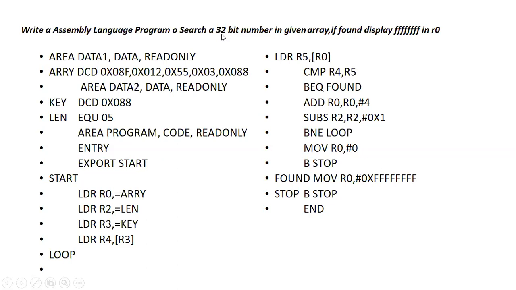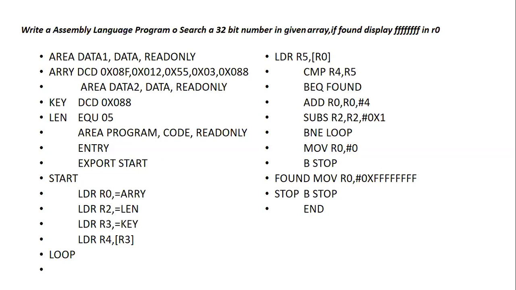And keep in mind, we are using a 32-bit number. A 32-bit number means it is going to consume 4 memory locations. So when we do this loading operation, the starting byte will be moved to R5. The remaining 3 bytes are there, right? In order to skip that, we go to the next memory location. Suppose 8F is stored in 2000 location, then 12 will be located in 2003 location.